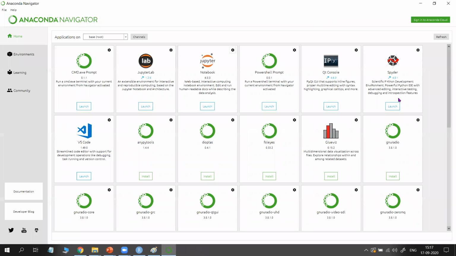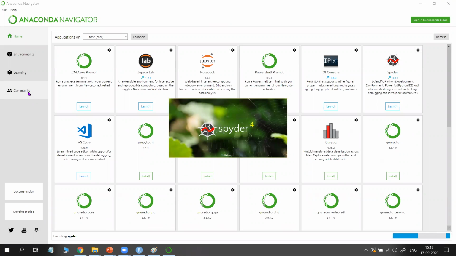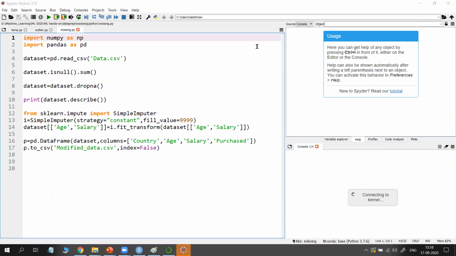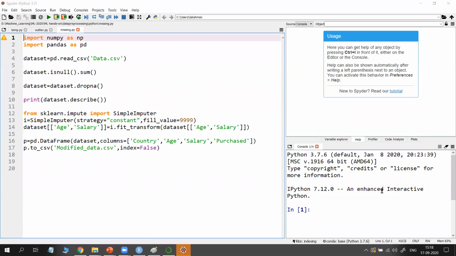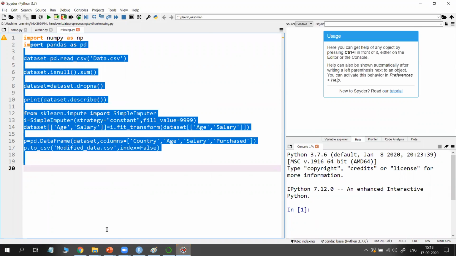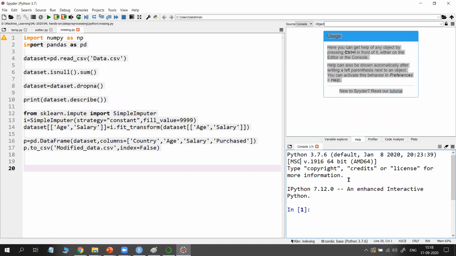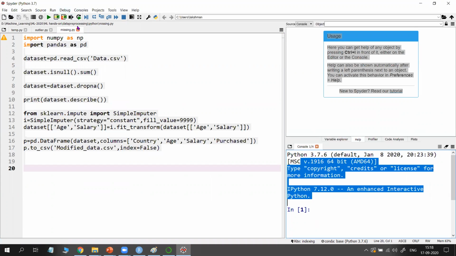I will open it in Spyder, because we are using Spyder in the next 3 to 4 videos for data preprocessing. Spyder is a good environment to explain everything to you, where my dataset is loaded, and how your training and testing script is done. So I will show you all these using Spyder. Spyder has 3 important boxes. Here you type the code, here the variables and plots are shown, and here the console output is shown.